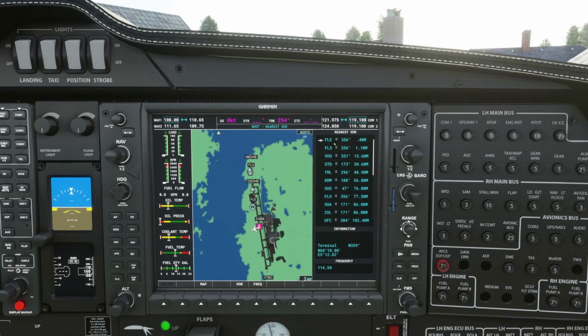Okay, now you can see the VORs have actually popped up. You have 25 nav aids in this window, and that goes for airports, NDBs, waypoints. So you've got 25, and obviously it starts from the closest. So you can see here 0.4 nautical miles, 1.1, 15, 30, 48, 56, and so on and so forth.